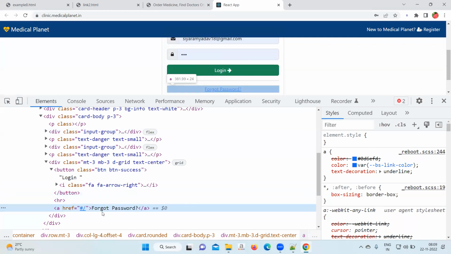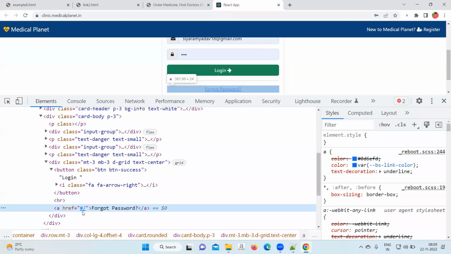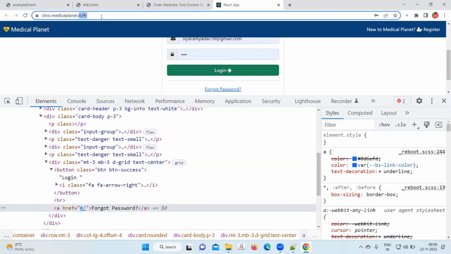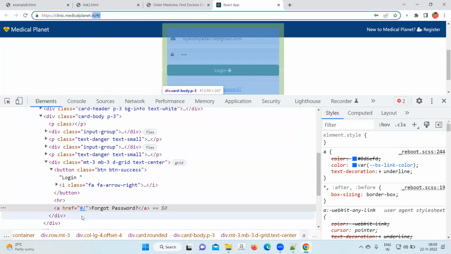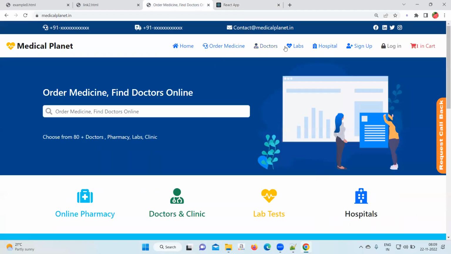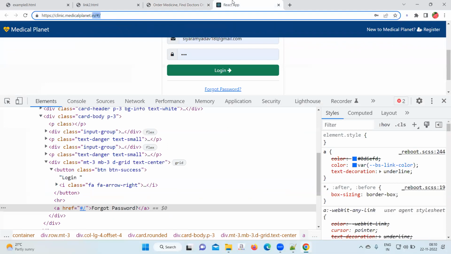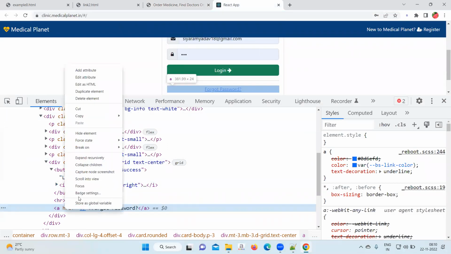Here also forget password is there. In forget password, href equal to what is written? #. Right? # represents the parent page only. It is representing the same parent page itself. If some URL is added here, it will go to the other page. But a URL is not added here. Let me add a URL. Suppose I take this URL and go here and modify this line. Edit